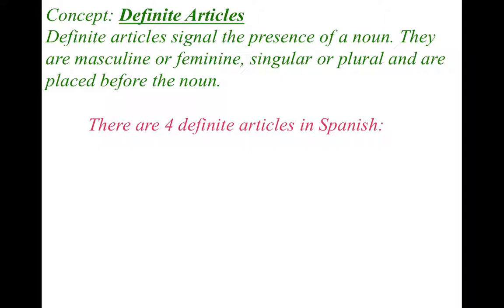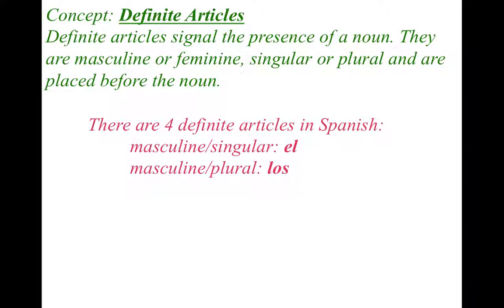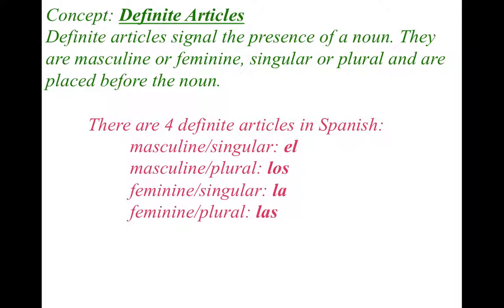Here's all the necessary information. So if I were new to Spanish and I wanted to use definite articles, what is all the necessary information that I need? Well, I need to know what the 4 articles actually are. So I know that masculine singular is el, masculine plural, los, feminine singular, la, feminine plural, las. Right? Those are the 4. What do they mean? They all mean the, and those are the 4 definite articles. That right there is all your necessary information.